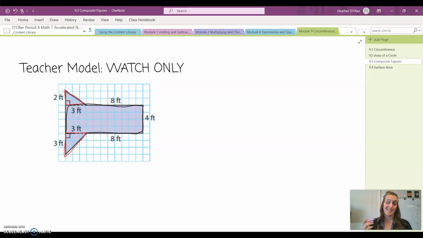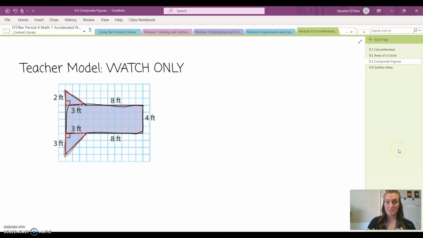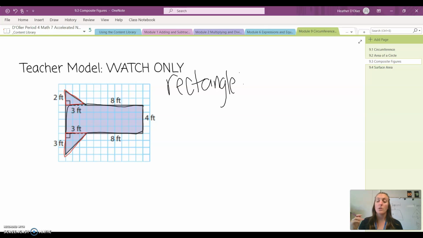Sometimes they're the exact same and I could just find the area of one and double it. But looking at those triangles, they look different. I can see that this one up here says 2, while this one says 3. So I have to be careful about that. They're not the same in this scenario. So I'm going to start with the rectangle. Okay, so the formula for the area of a rectangle is base times height, or length times width